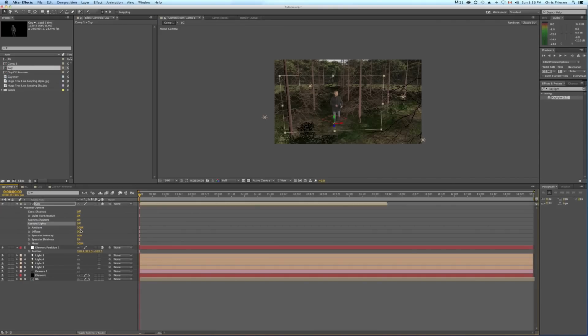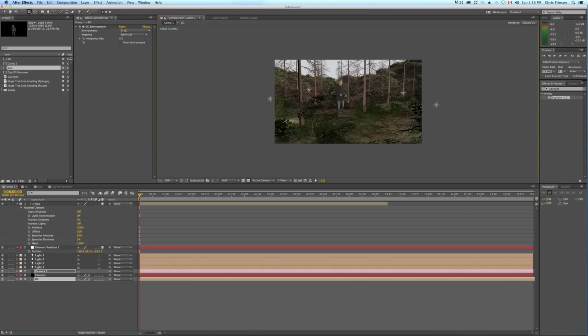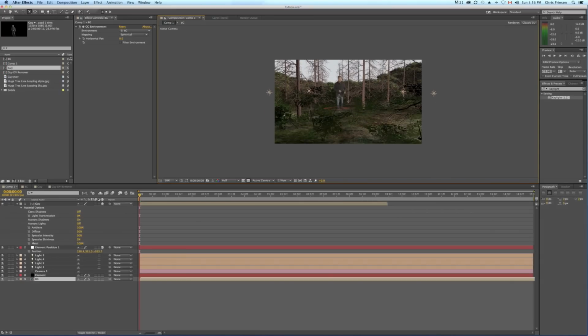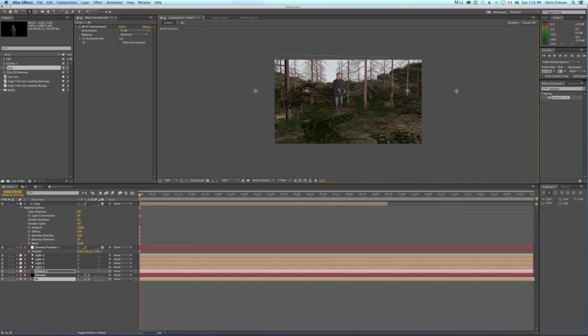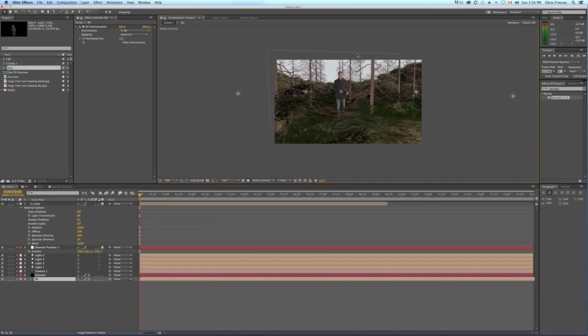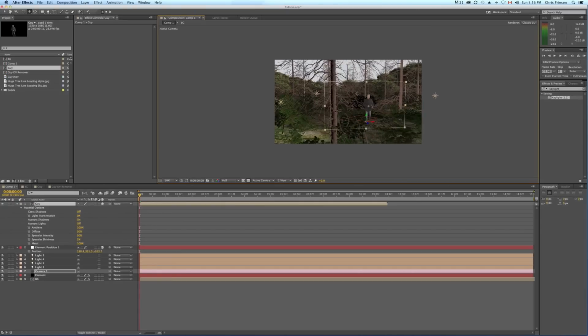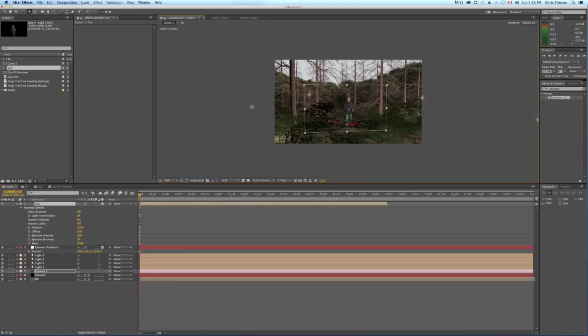And I will hit AA and set lights to off. And maybe push in here a little bit with the camera. So the problem now though is my footage is still a little big. But I am on top of everything. You know, there's objects in the foreground that should be in front of me, but my layer is actually on